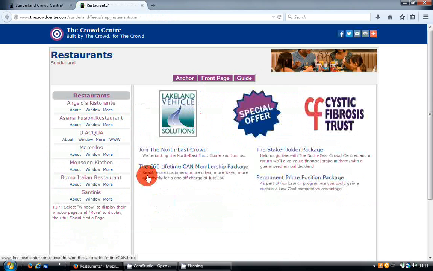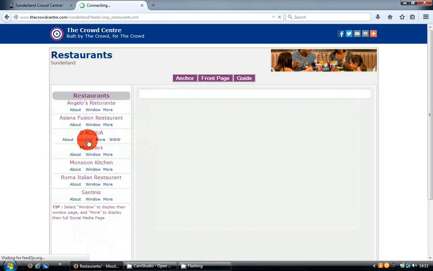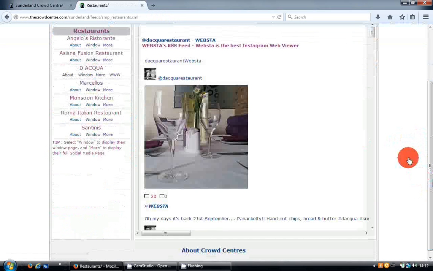When we go to those sections, what we have is the ability for each of the members of that communication and advertising network to put a brief description about themselves. So people can quickly, as they're looking around that particular marketplace area, find out a bit of information about them. Then we have what's called a window. If I was in a real physical restaurants area, I would probably look at each of the windows to see what their special offers are, etc.